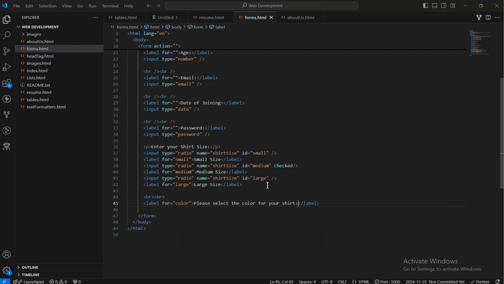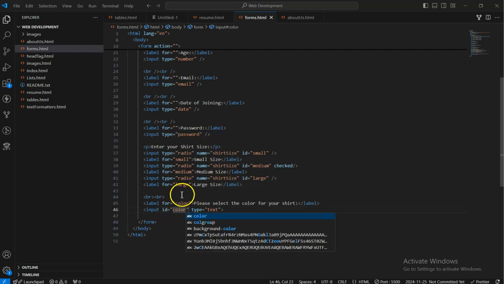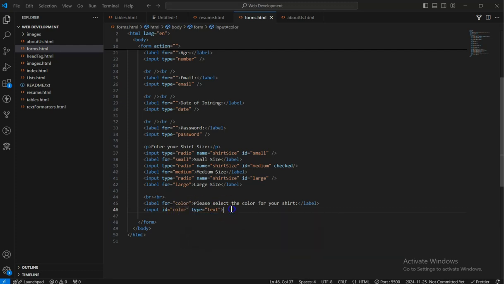So for that, I want to go with input. Let's say we have an input tag over here, and then we have a for attribute. In order to bind that, we'll go with the ID, and let's say color. It's always a better practice to bind. And then now I don't want to specifically say type as text over here. We do have color as our type as well. So now the moment I say the type as color over here, I just got please select the color for your